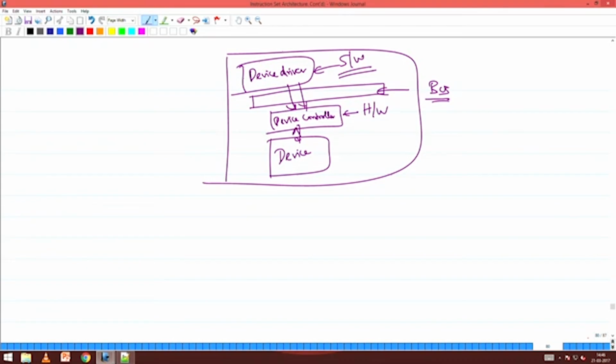Now these device controllers have become so powerful that they can do a lot of activities inside them. For example, if I take a graphics card, they can do the complete hidden surface elimination just like this, right. So these are all becoming sort of commodity